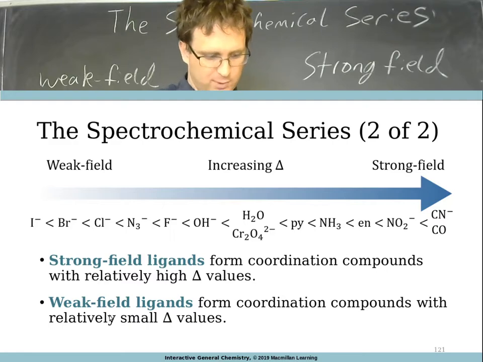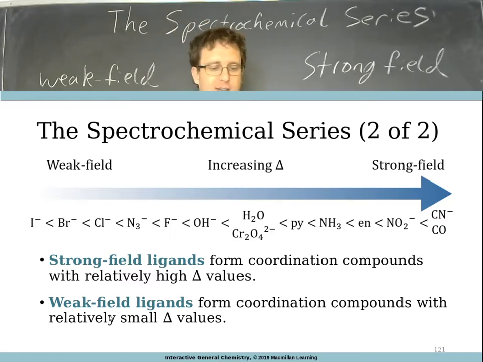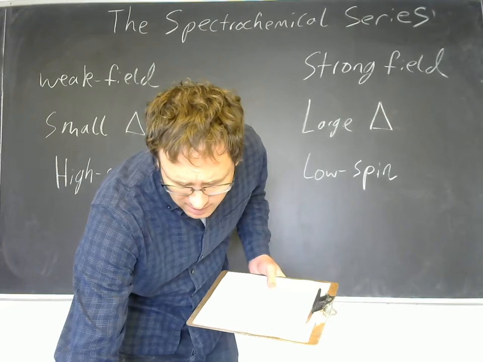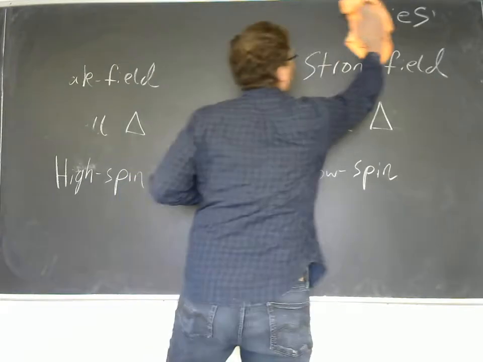Most electronic transitions are in the ultraviolet range, but d to d transitions are relatively low in energy. Again, these crystal field splitting energies are similar to the energy required to pair an electron with an already occupied orbital. So these are relatively small energies compared to other electronic transitions. And so that means that for coordination complexes, let me just